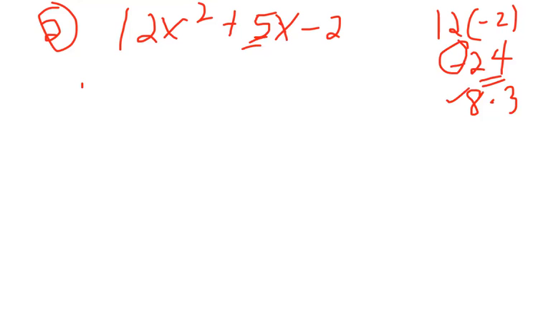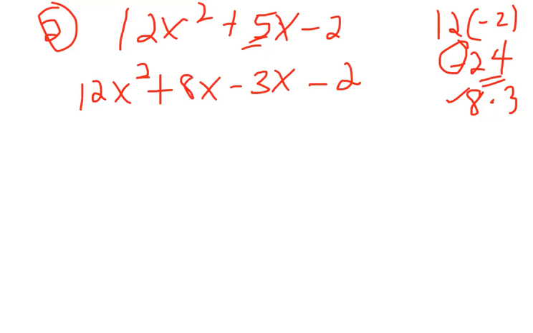So now we're going to take the polynomial and we're going to split it up into 8x minus 3x. Now remember, guys, the larger factor gets the sign of the middle term. The middle term is positive, 8 is larger, so it gets the sign of the middle term. So now we have a 4-term polynomial, and so we're going to factor it by grouping. The GCF in the first group is 4x. We're going to factor that out. So that leaves us with